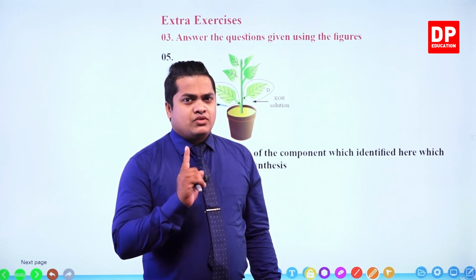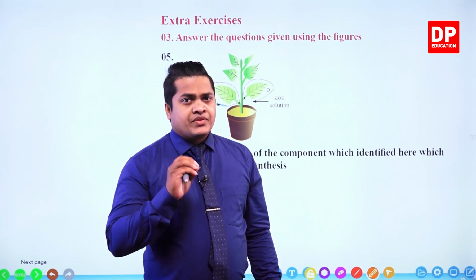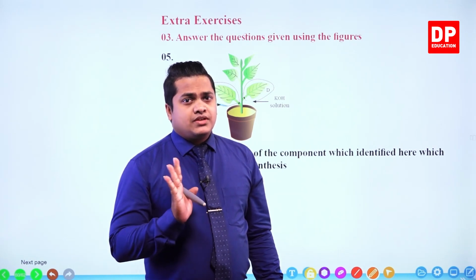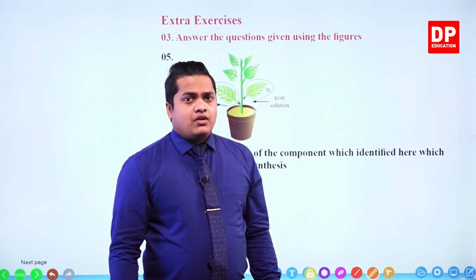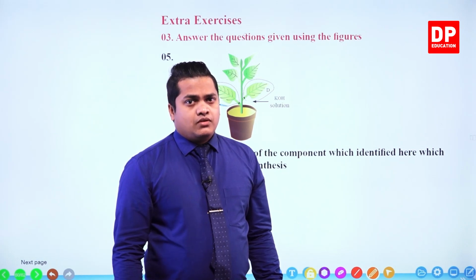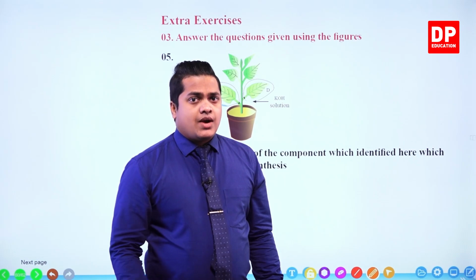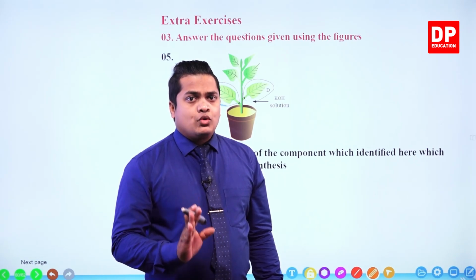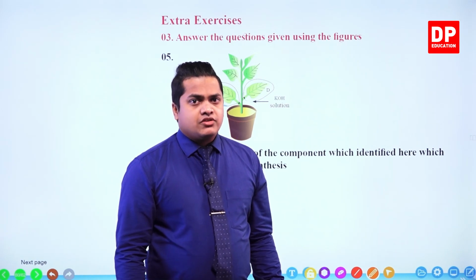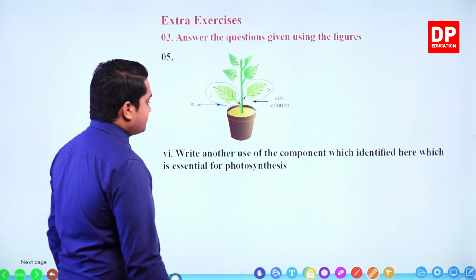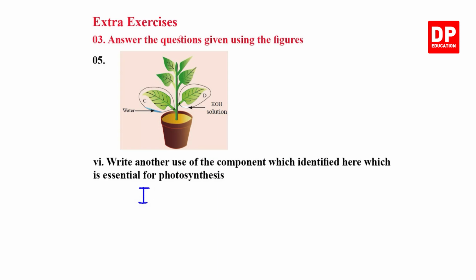So they are asking about just one example. No. So we'll write down the most needed example or most important example of all, right? One thing is for photosynthesis, and the next one, carbon dioxide, is very helpful to maintain a proper temperature within our biosphere. So we can write down, it helps to